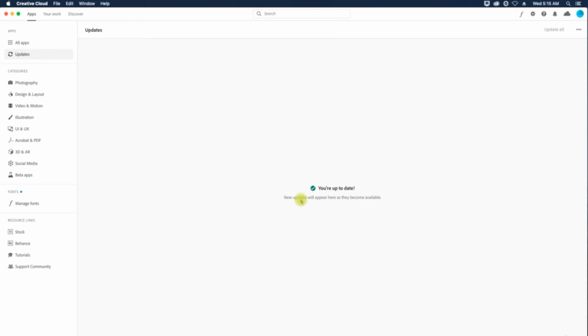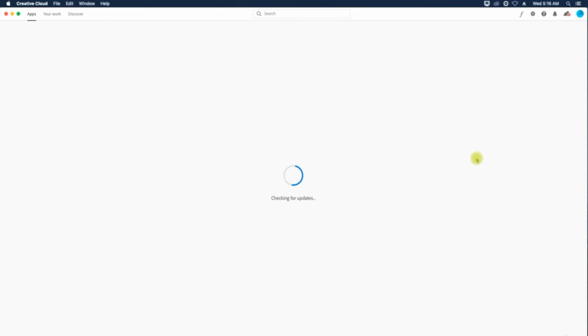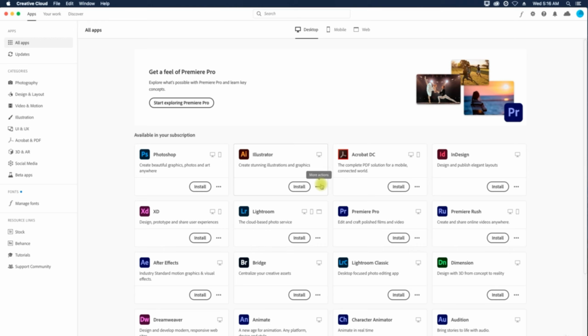Whenever Adobe has a patch or an update for one of their apps, it'll show up here. And then you'll be able to update all. And you can also check for updates, okay? And what that will do is check for updates here. And once this is complete, it'll give you a status update of do you need to update any apps, or are they all current? Because the thing is that Adobe will be doing